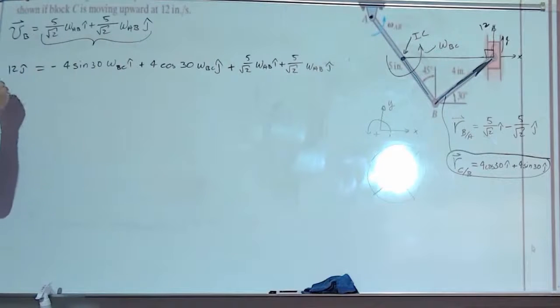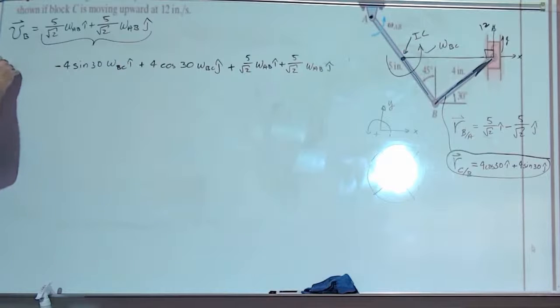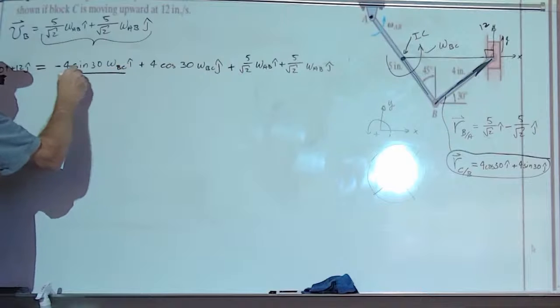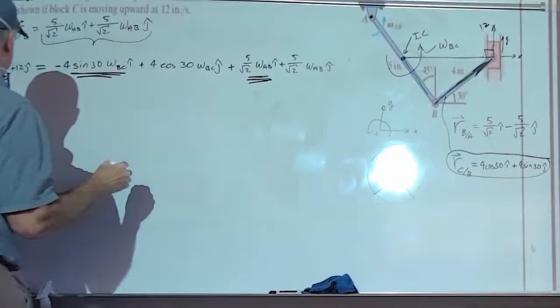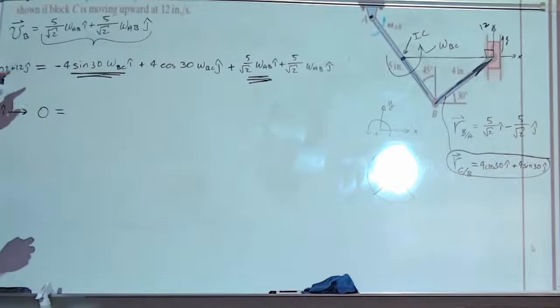I guess I could say this, okay, let me be legal: 0i plus 12j equals... So now if I identify all the ones that have an i component, I'll start there. So the i components: 0 equals